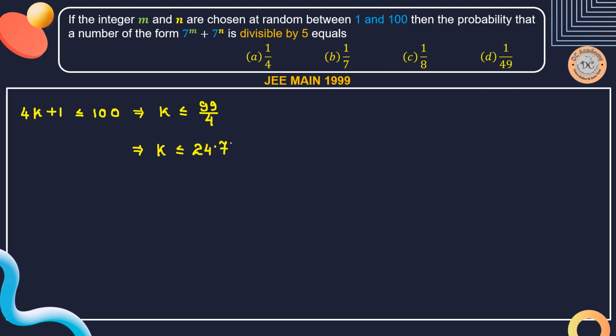Okay, that's it. So in this case, our k starts from 0, 1, and so on up to 24 because k is an integer. So therefore, we get a total set of 25 integers